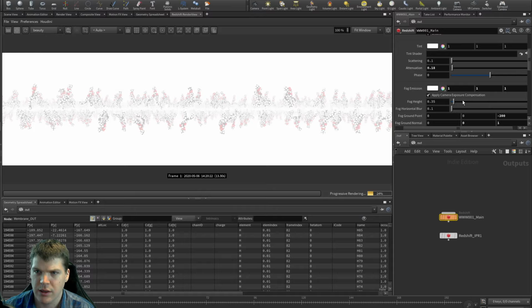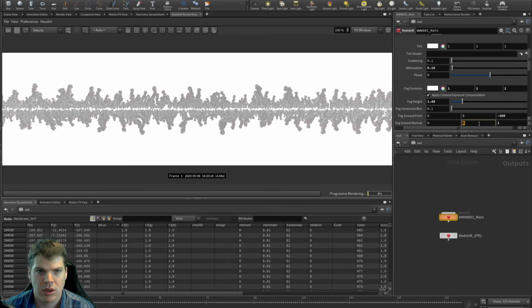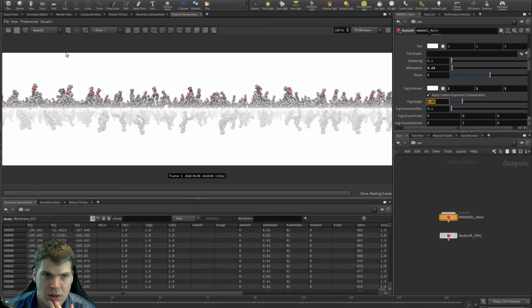Fog height. Oh, you know what? That's probably what it is. I didn't set a fog height. What? You know what? Let's make sure that we're doing this the right way. Yeah, okay. So you can see that